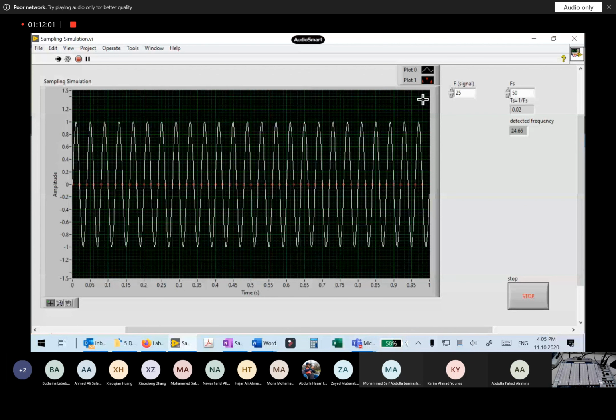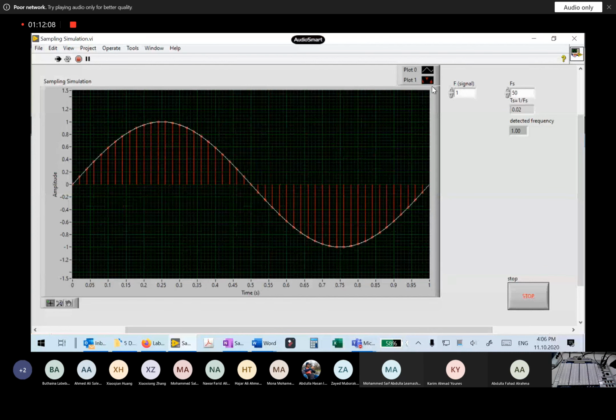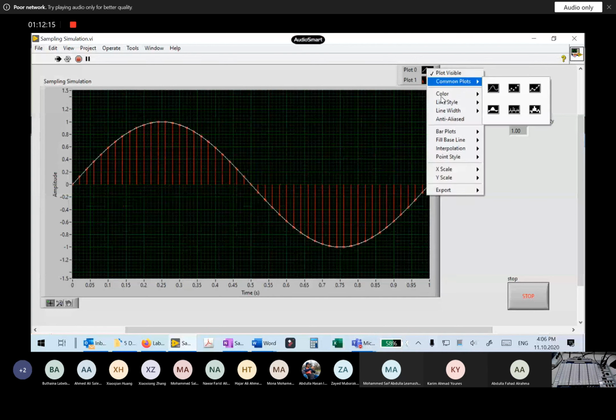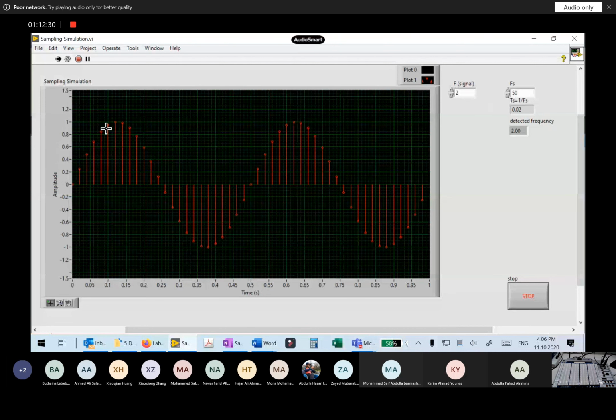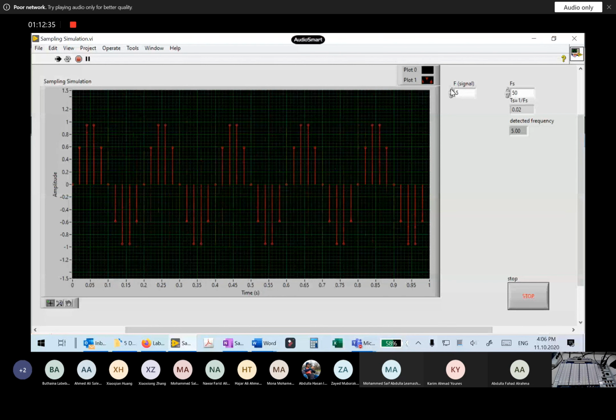I'll repeat the question, but now in a tricky way. I'll bring this back to 1. But now I will show the acquired signal, not the real signal. So for plot number 0, I will make the color T, meaning transparent. Okay, I will not show it. Now if I raise the input signal, I see only the sampled version of this signal. If I keep raising like this,